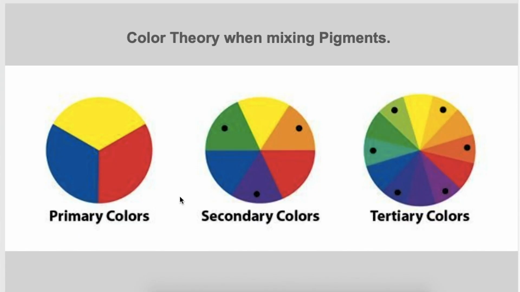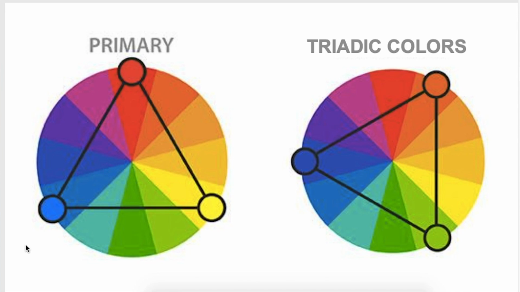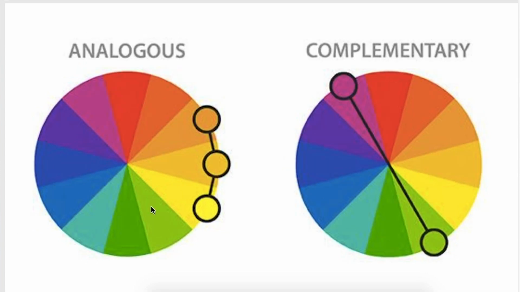What you notice here is this suddenly starts to look like a wheel of colors, and we literally call that the color wheel. In the color wheel, if you see colors organized in this sort of triangle, we call those triadic colors. And they are enough of a contrast that they become sort of nice sets of colors. When we start to look at what type of colors we're going to use, what type of colors we need, or how color is organized in your composition, we start talking about whether it's a triadic color or analogous color. Analogous means it's right next to each other on the color wheel,